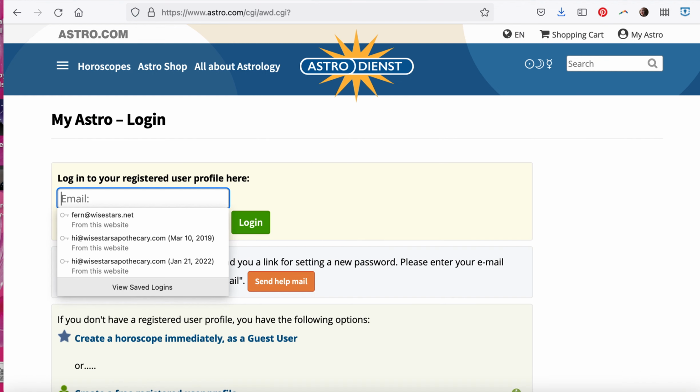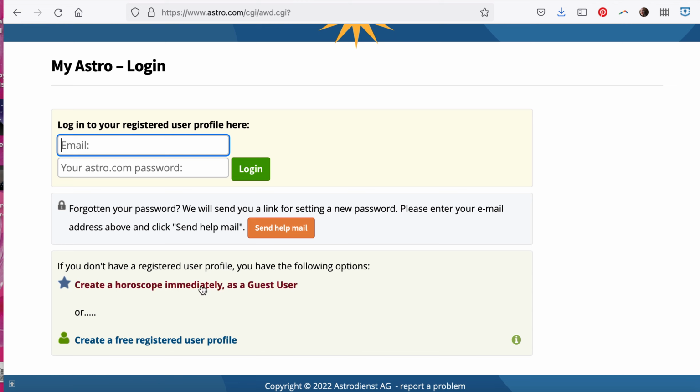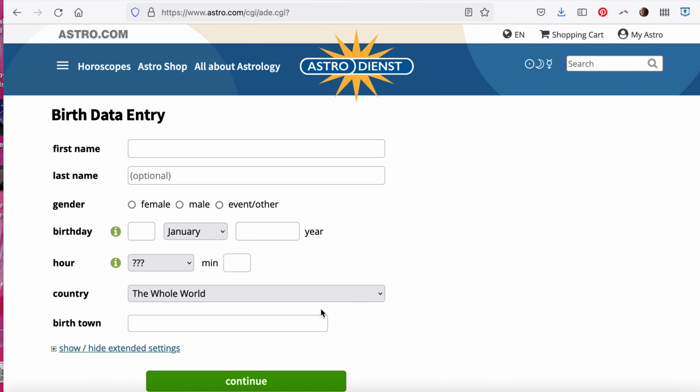And just for today's purposes, we're going to do a guest user horoscope. So you're going to click right down here where it says create a horoscope immediately as a guest user. Going to accept that. And here's our sample chart. So I'm just going to make this up. Moon, planet, beam. I'm going to say her birthday is the 13th of April, 1989,